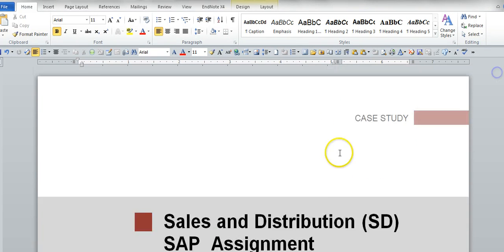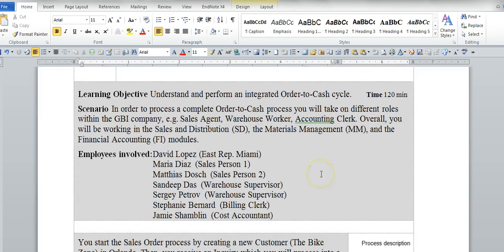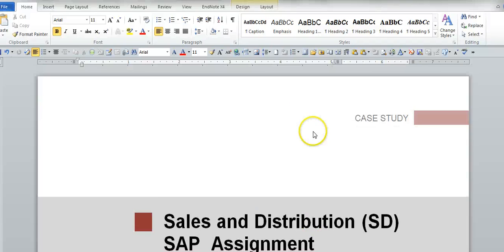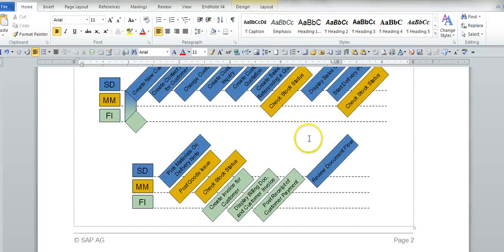You are dealing with the company GBI, and like I said, remember that you need to read the scenario given to you. Okay, read this. Don't skip any page in this document. That's my suggestion to you. And when you do the steps, try to map those steps in the assignment that you're doing with what you have studied in the textbook. Okay, the steps that you have to take in the sales and distribution process, or order to cash cycle process,